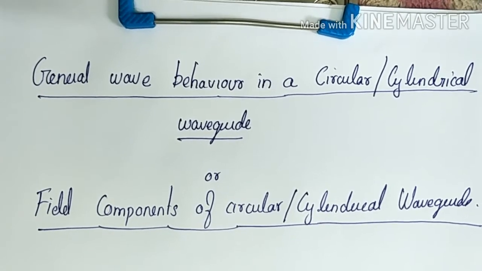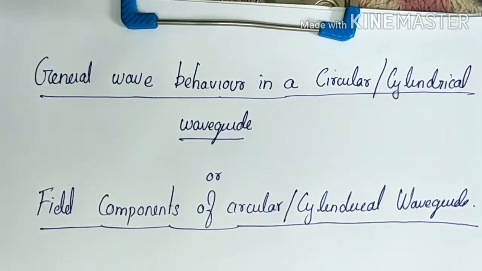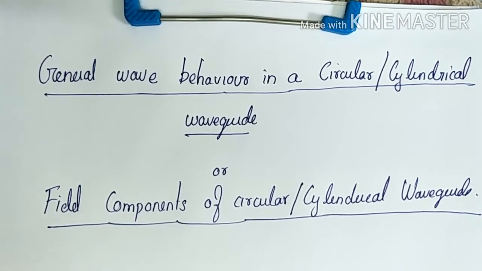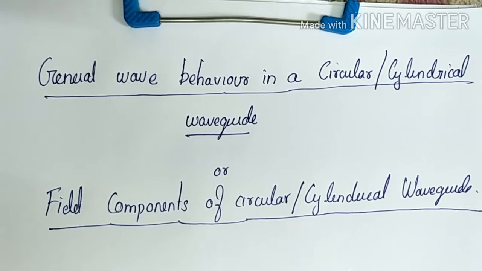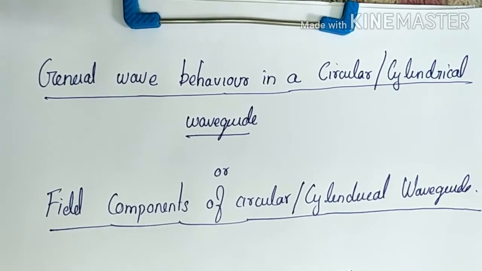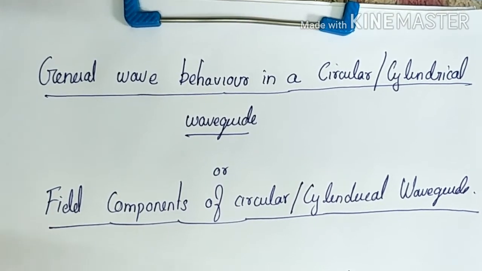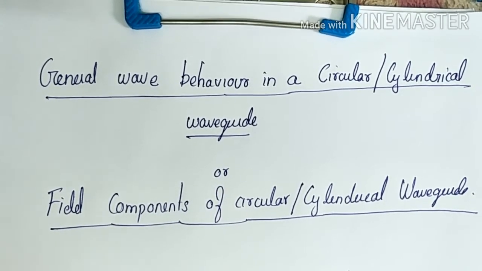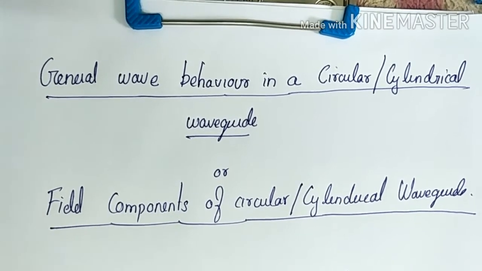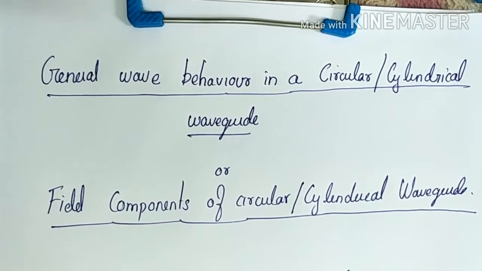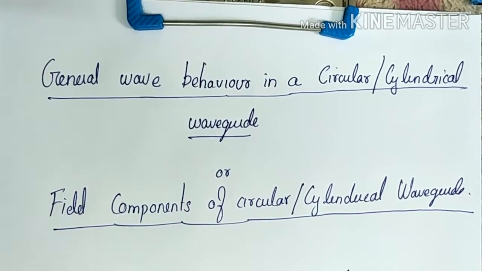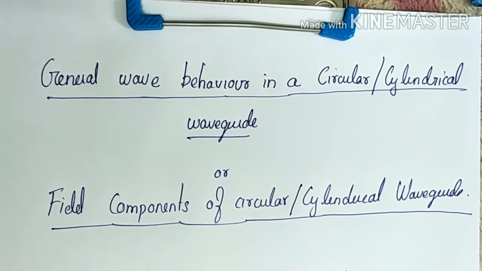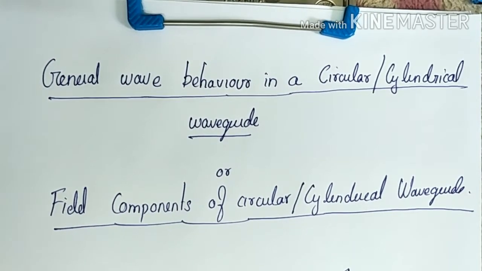So, parallel plate means two plates placed along the X, Y, Z, and the plate is infinite along the Y direction and the wave travels in the Z direction. We are considering that in the rectangular coordinate system X, Y and Z. Next is our rectangular waveguide. Its shape is rectangular. It's a metallic rectangular hollow block and the waves propagate in the Z direction. So we take the coordinate system X, Y and Z.